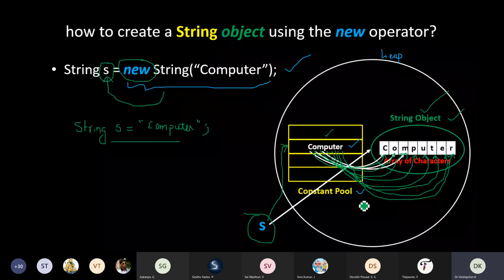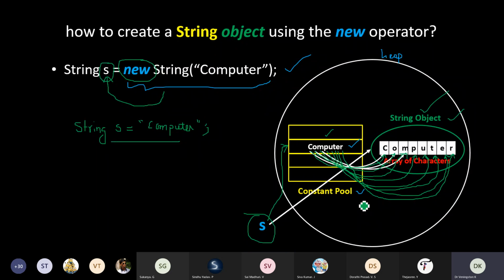So these are the two ways by which we can create strings in Java. One is by using a string literal, that is this one, and then the second way is to create a string using